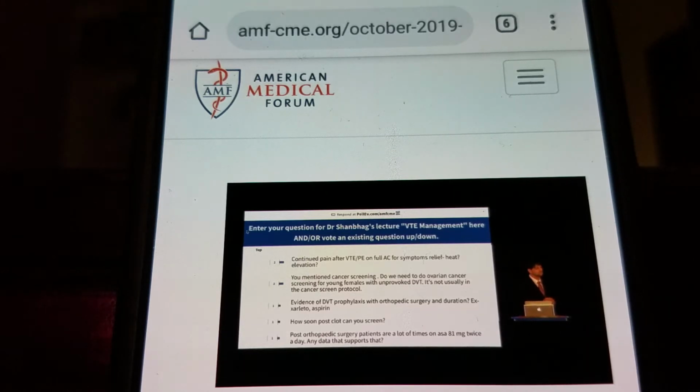Patients who have end-stage renal disease on dialysis have a much higher bleeding risk. Is there any safe anticoagulant to use in those patients when they develop their VTE? So a great question. What do you do in ESRD patients? I'll tell you a very practical approach to this. For ESRD, AFib treatment, apixaban is approved. Apixaban is not approved for VTE treatment in ESRD. There are two different scenarios. You can use it for AFib, but not really for VTE.